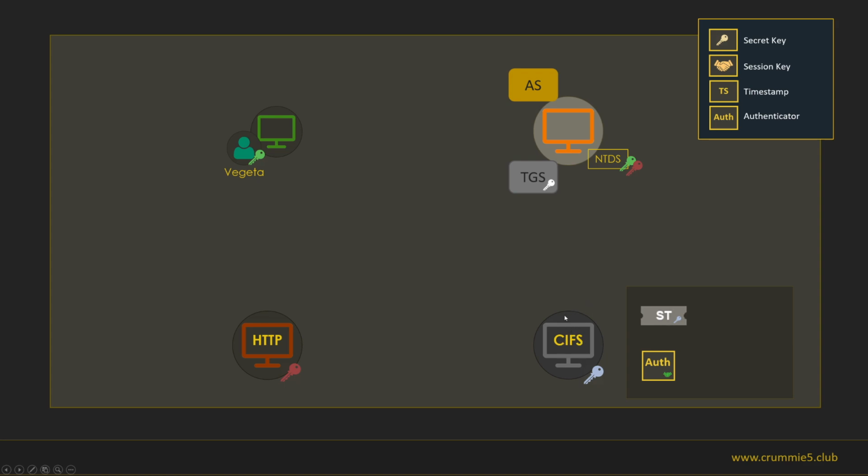And finally, SQL01 will decrypt this service ticket with its own secret key, will extract the session key, will decrypt the authenticator, will confirm the ownership of the ticket and the authenticator, and then the service will allow Web01 to list the contents of the shared folder.